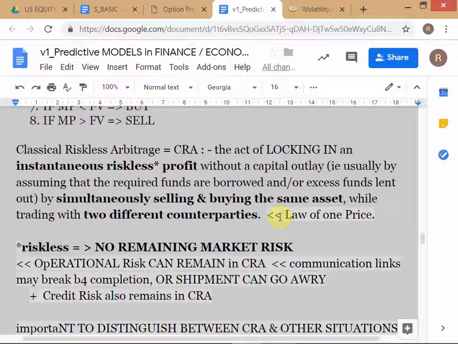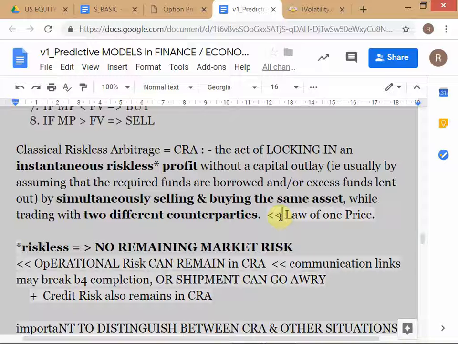Connected to each other means you can actually talk to people in Patna and arrange the shipping from Patna to Delhi. If these two markets can be connected in some way, effectively making sure that CRA is possible, then you cannot have two different prices like 45 and 75 prevailing in the two different markets. Eventually the prices will converge together. Is this clear? Yes. This is what is meant by the law of one price.